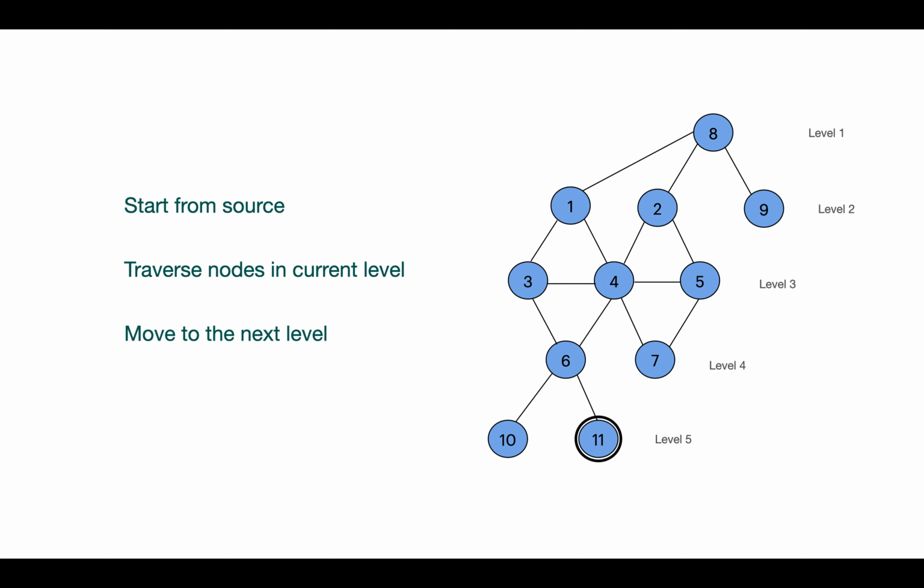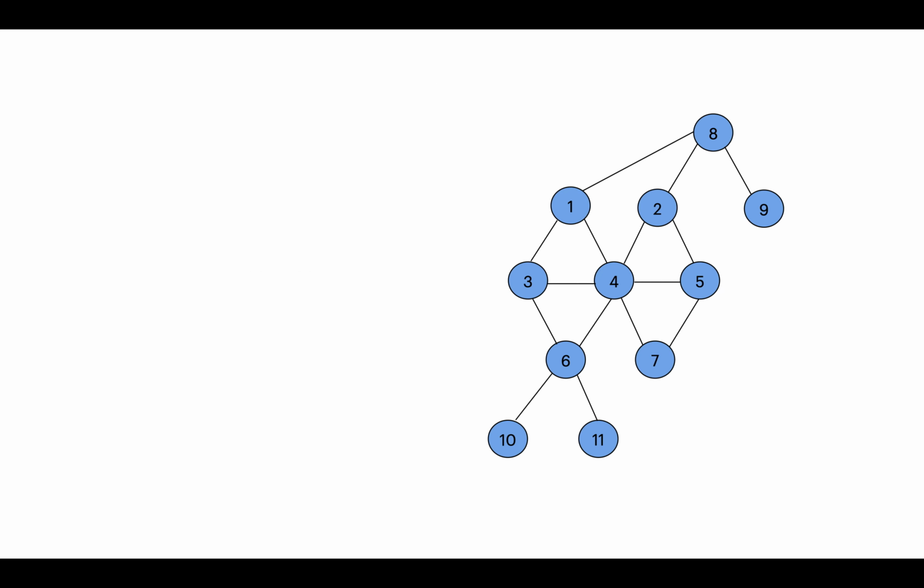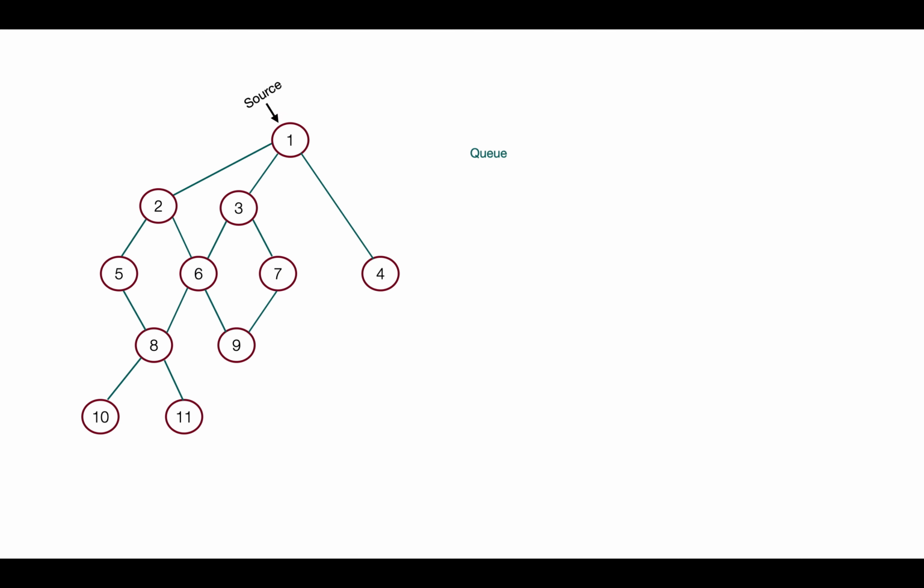Now to figure out which nodes are in the current level, we use a queue as an auxiliary data structure. What we do, we put the source in this queue, and when we visit the source, we remove it from the queue and put all of its adjacent nodes in the queue. This process continues, that is, we keep on removing the items from the queue in FIFO order until the queue gets